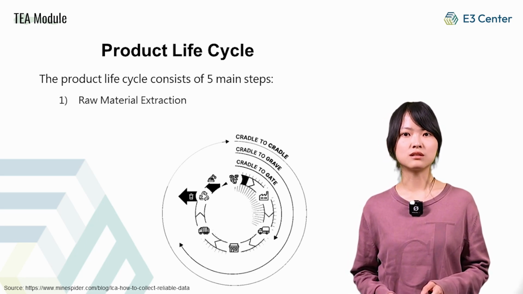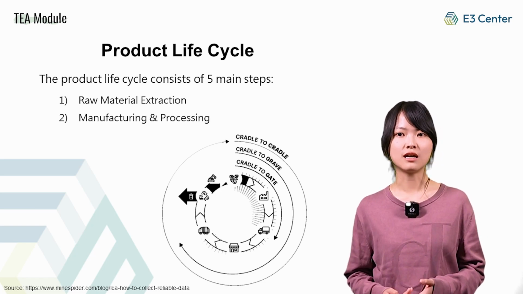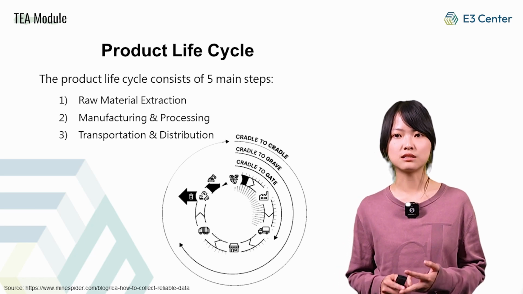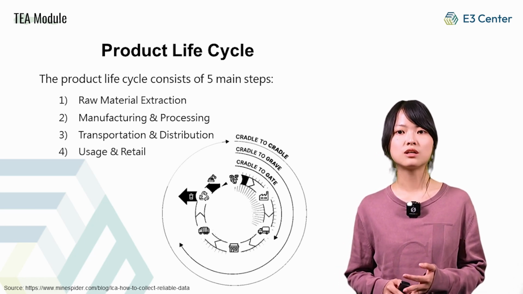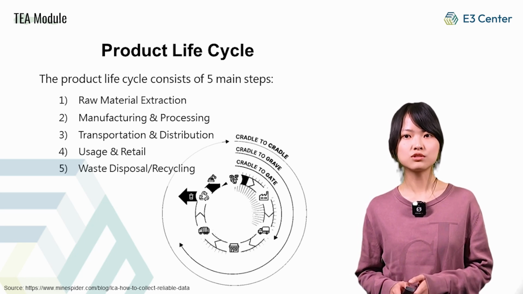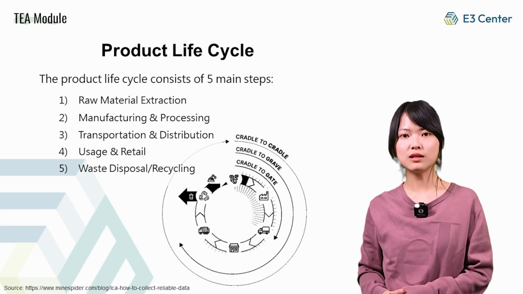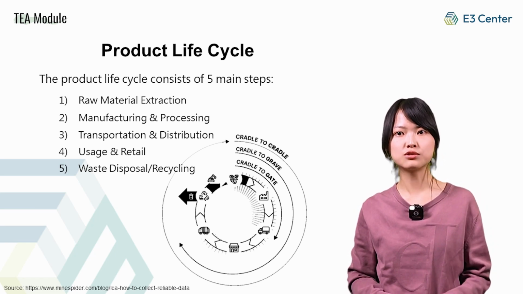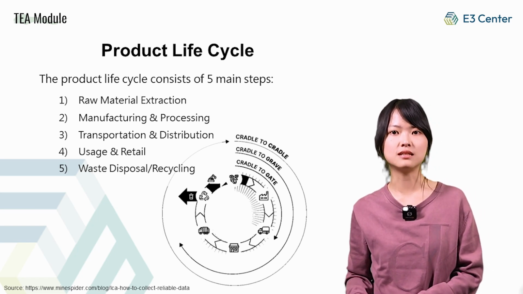The first is the raw material extraction, the second, manufacturing and the processing, and the third one, transportation and the distribution. And the fourth one is the usage and the retail. And the fifth one is the waste disposal and the recycling. Each stage offers unique opportunities for improvement, from optimizing resource use in production to enhancing the recyclability and the